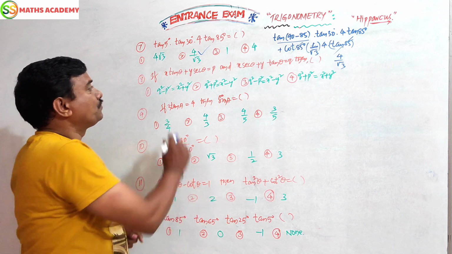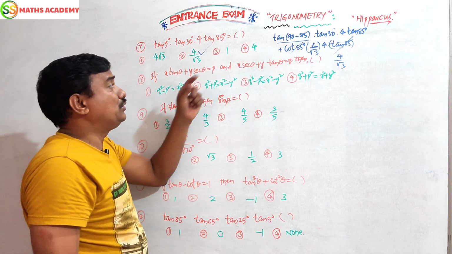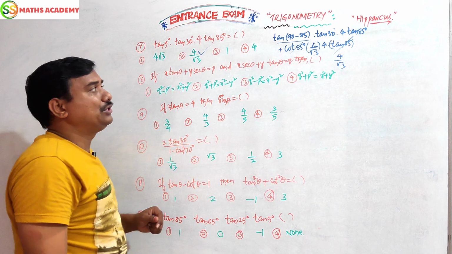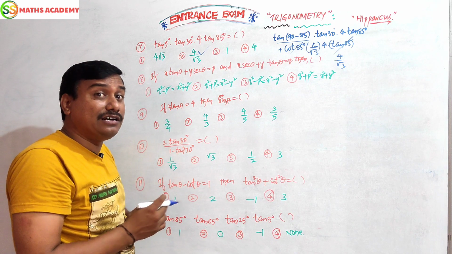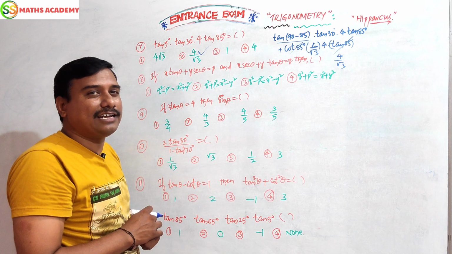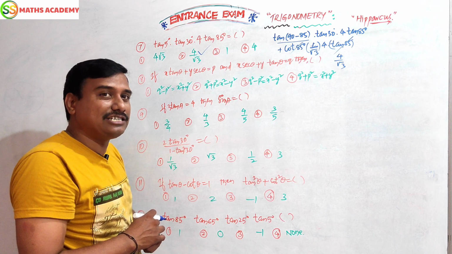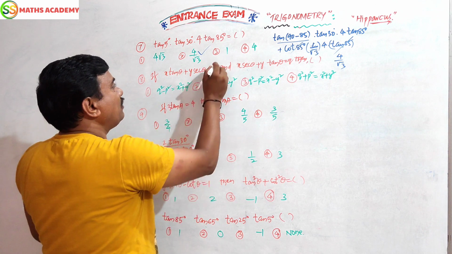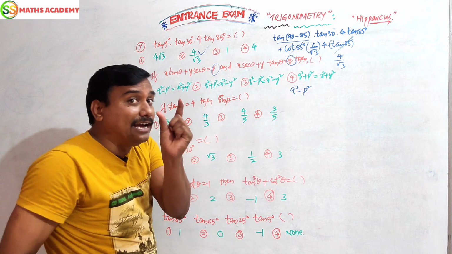This is your answer. Now x tan theta plus y secant theta is equal to P. X secant theta plus y tan theta equals Q. Then what about? Now this is the concept, the relation between the identity of secant theta and tan theta. What is the secant theta and tan theta identity? Secant square theta minus tan square theta equals 1. Means minus will come. So in this option, where is the minus? Here right side value P, here right side value Q. So Q square minus P square, one idea.